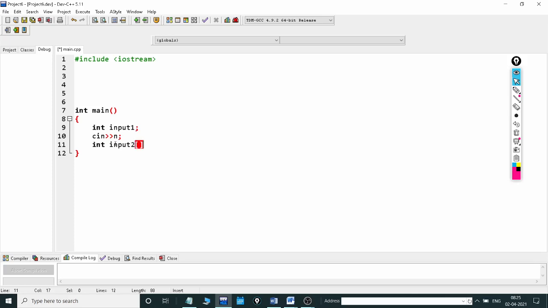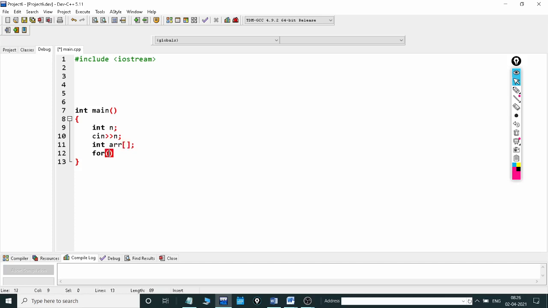Okay, fine. Then we need to enter the array elements. First of all, let's take n itself; after that we will replace it, because it is very simple.